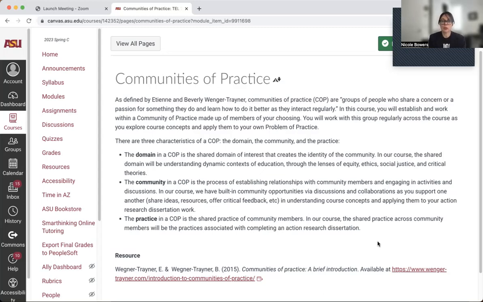Here, you're going to reach out to your community of practice, and you're going to form that in the first couple of weeks of this class. And you're going to support each other in the content, but also practicing this peer feedback and exchange.